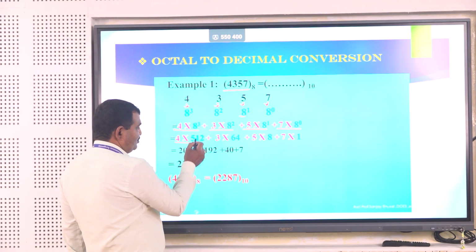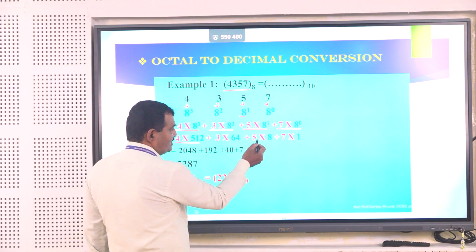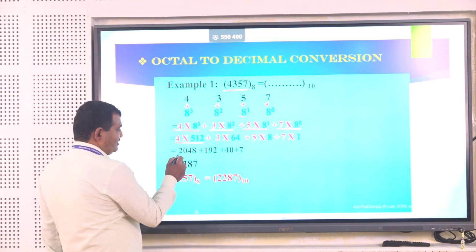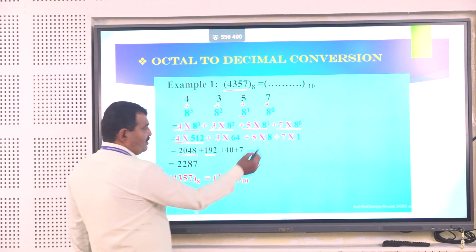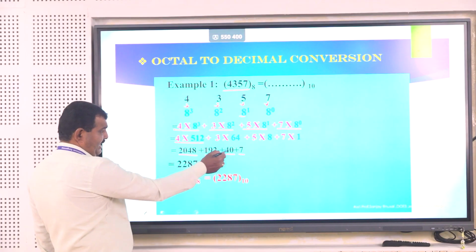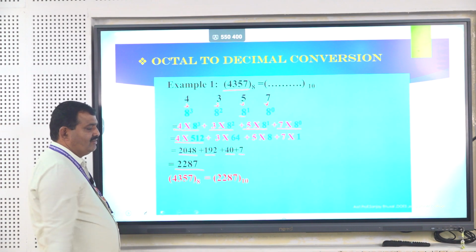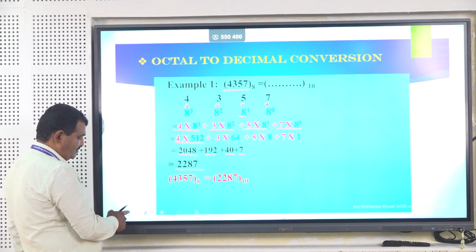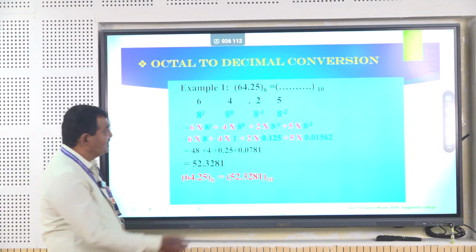So, 4 into 8 raised to 3 equals 4 into 512 plus 3 into 64 plus 5 into 8 plus 7 into 1. So, this 4 into 512 equals 2048, 3 into 64 equals 192, 5 into 8 equals 40 and 7 into 1 equals 7. By adding these we get 2287, that is, this 4357 octal is equivalent to 2287 decimal. So, the next example for octal to decimal conversion is